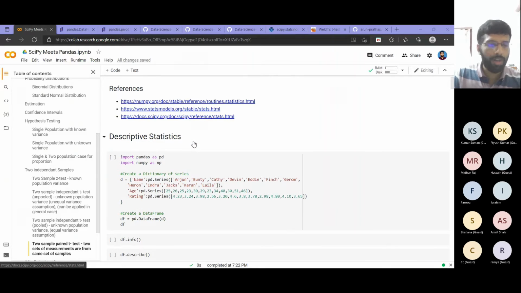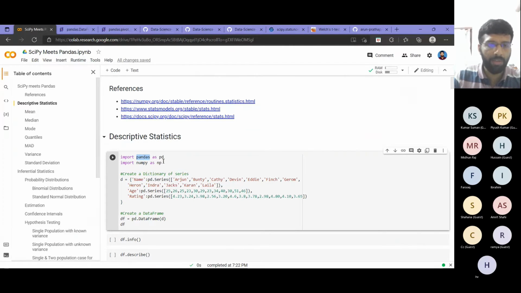So just before that, I think some people might have forgotten pandas. So I will give a brief refresher with pandas. I will initialize a data frame in pandas, then do some things with that. And from that we can proceed: once we have a data frame having some contents, how you can proceed to find the statistics with that. So as you know, the pandas library we will be importing as pd, and the NumPy library we will be importing as np.